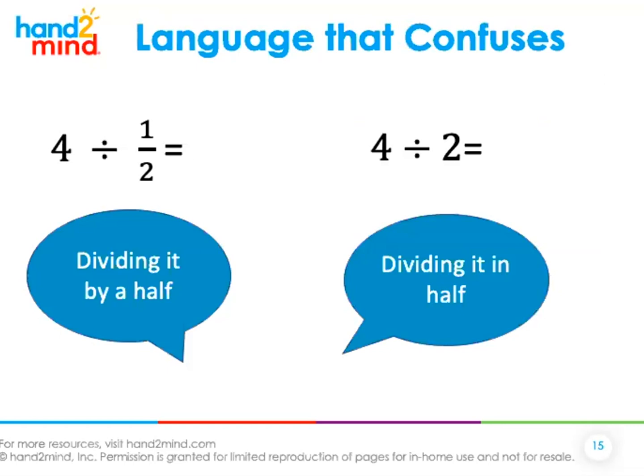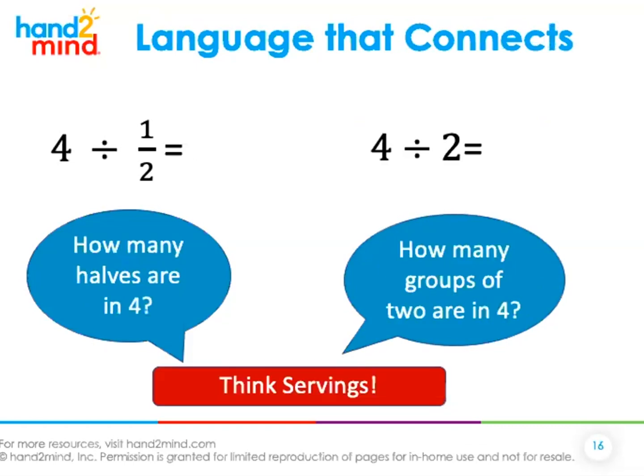I'd like to point out a little bit more about language. When talking about dividing, sometimes the language is very similar. For example, 4 divided by 1/2 is dividing it by half, and 4 divided by 2 is dividing it in half. These words are confusing, and sometimes it becomes difficult to know when we're dividing by 2 and when we're multiplying by 2. My suggestion is to avoid these statements altogether, and instead use the conceptual language we've been talking